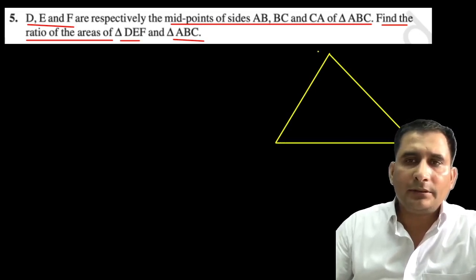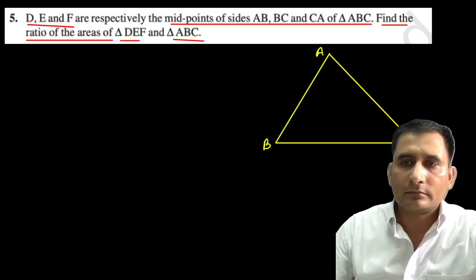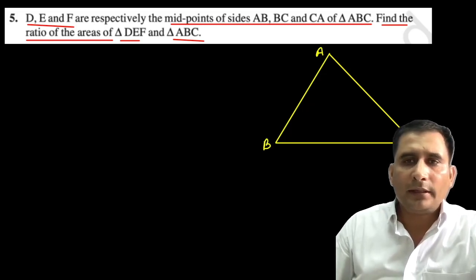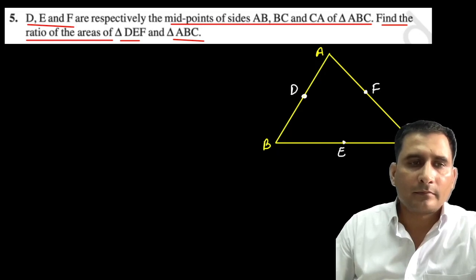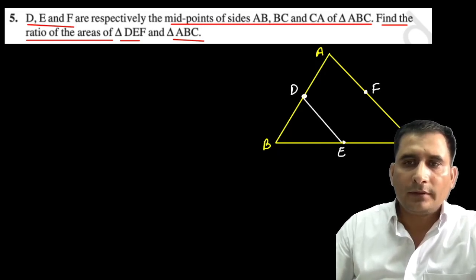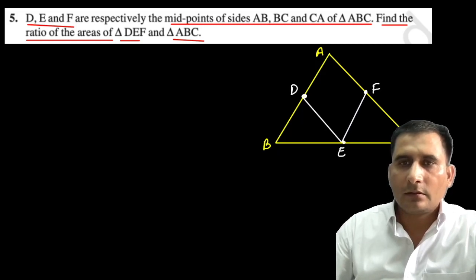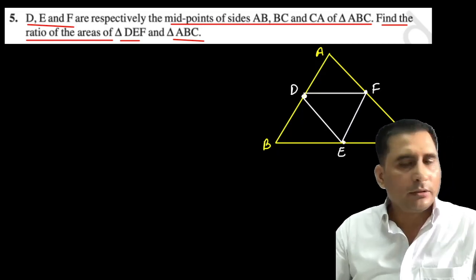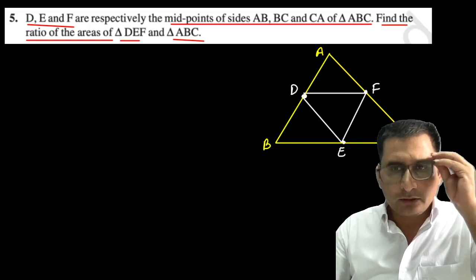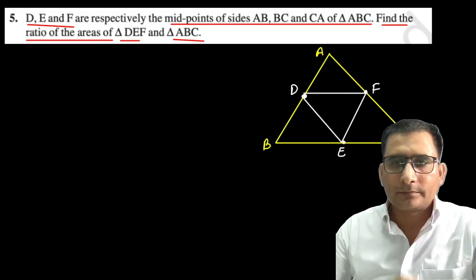So ये ट्रायंगल है ABC, इसके मिड पॉइंट है, AB का मिड पॉइंट है D, इसका मिड पॉइंट है E और इसका मिड पॉइंट है F. So if I join these midpoints, so what I have obtained